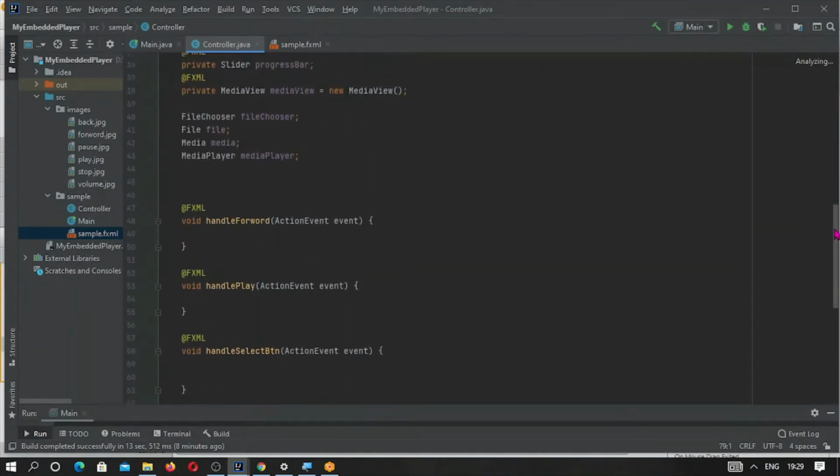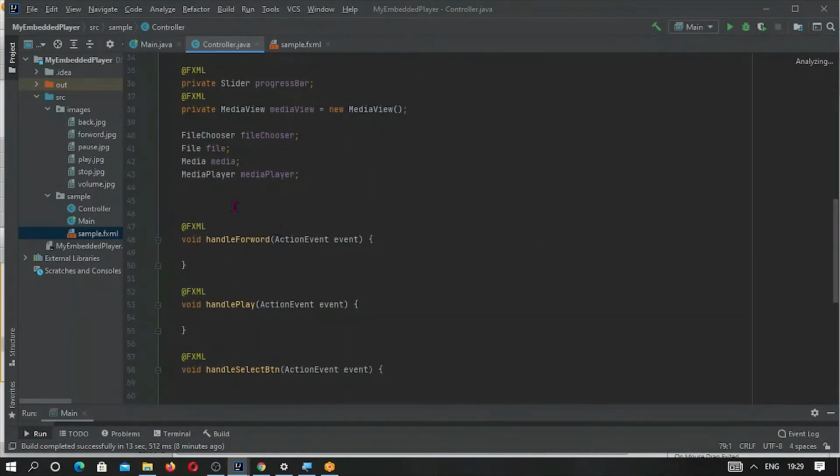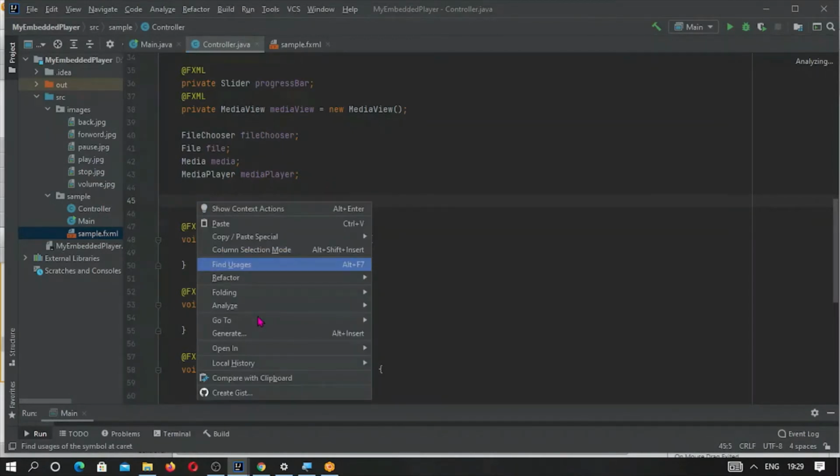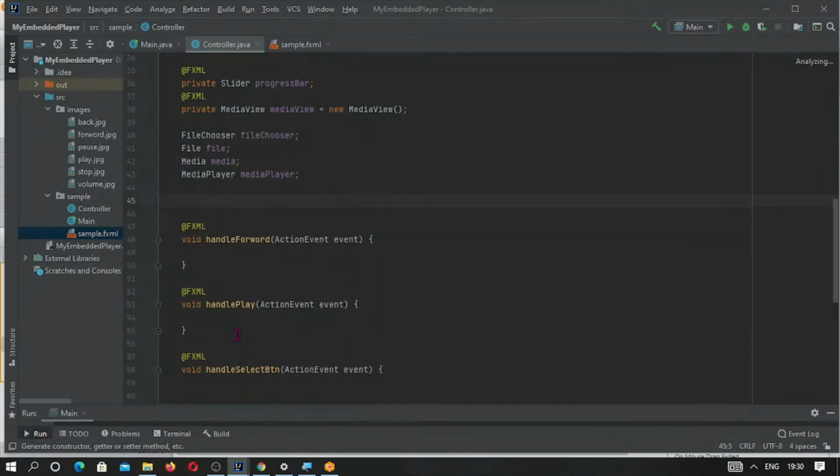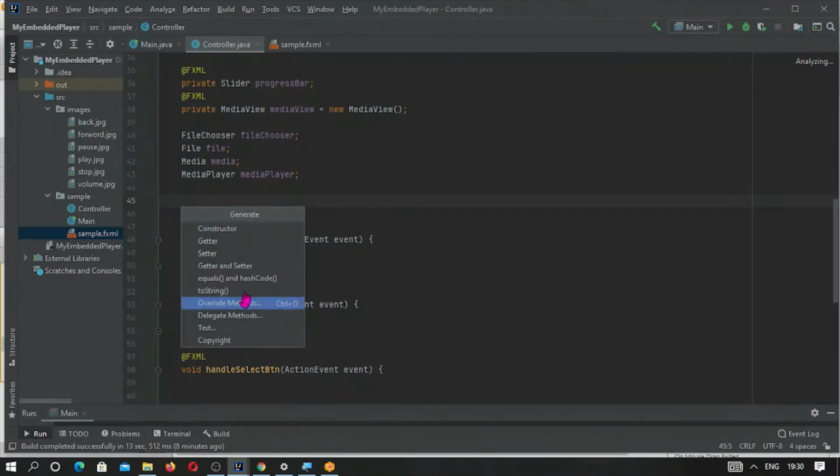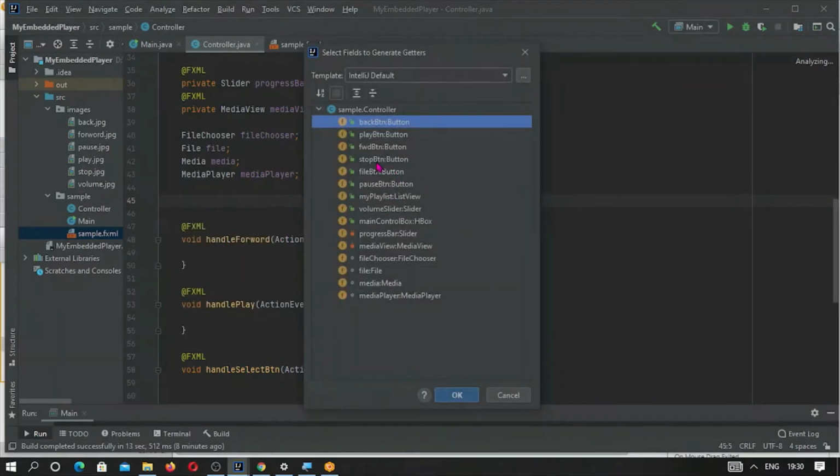Also for the list view, this is just above all that we have to define. So right click over here and choose the getter method; whenever it is required, it will simply produce the getter. Lots of fields are given here, so we have to select only the media view, not the media player.